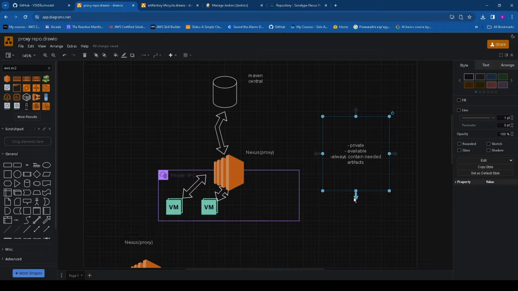It's a common problem. So people use a proxy, and it also saves traffic,